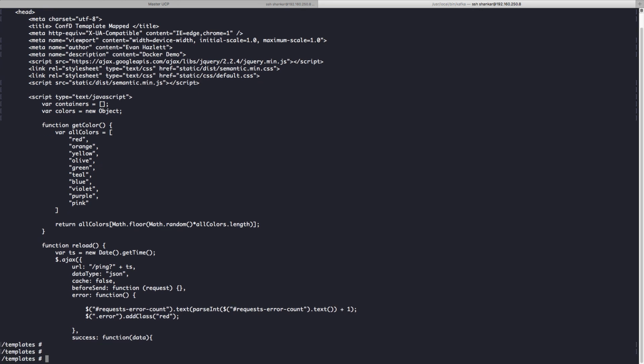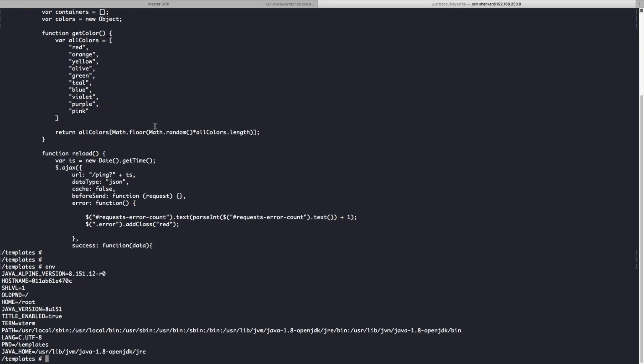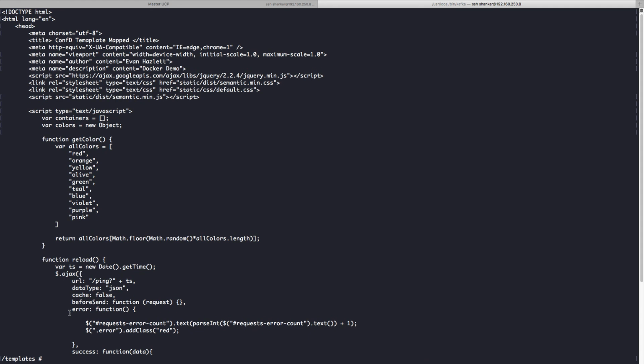So let's take a look at the environment variable too. If you look at the environment variable here, you see title enable true. So basically Confd looks into this particular variable, and if it is present, it goes ahead, modifies and generates this configuration file, and based on the logic that you have defined in your toml file, it will do the swapping, and it's a really easy and cool way of maintaining multiple configurations via a single file, and also doing it